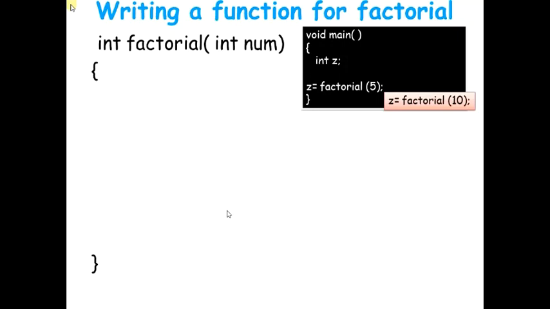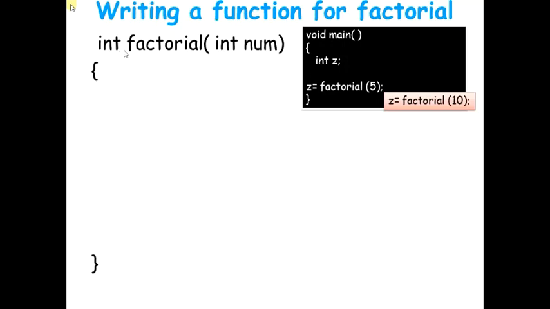Since we have not gone to the basics of recursive functions, we will check how we go about writing a function for computing the factorial of a number, and then I'll tell you why we call it an iterative function. So here you see that I have divided my main code, which is one code, into two functions. So you see this black part as one function and you see my factorial function over here.